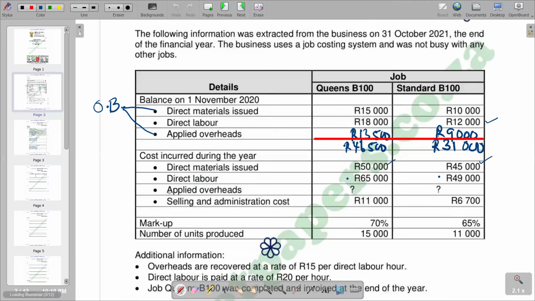We now have the applied overheads. The applied overheads for the year, we are not given again. They are question marks. So we are going to use the same approach that we used at the beginning of the period. So for Queens B100, we are going to say